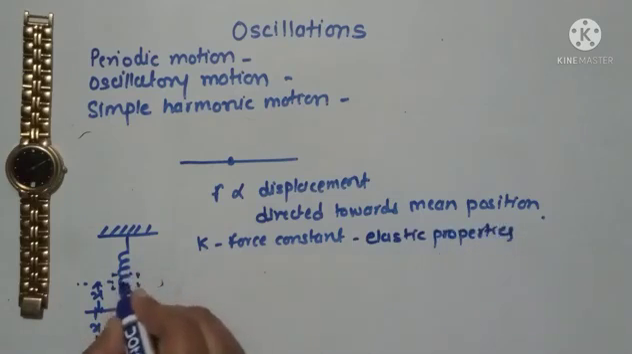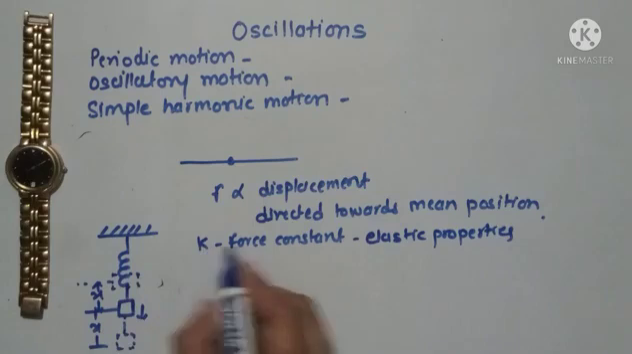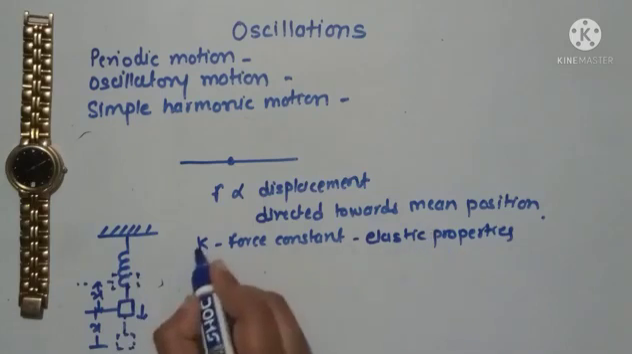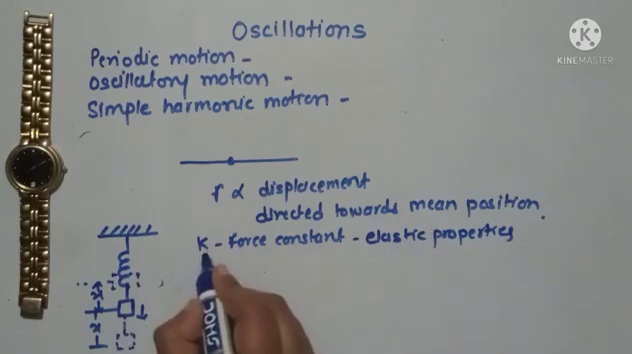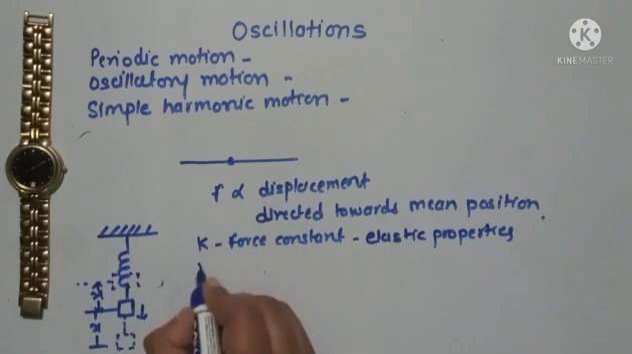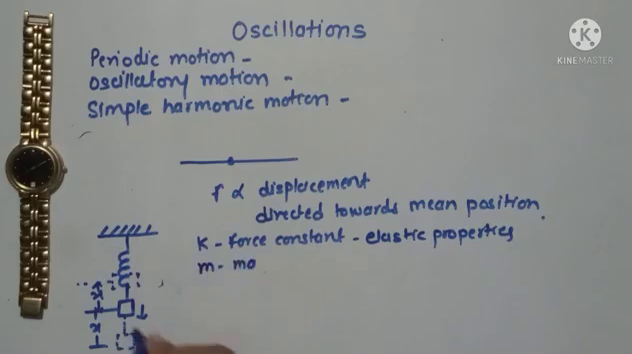Properties of the material of the spring. So as the elastic properties are more, the force constant will be more. The more elastic the material, the more will be the force constant. Let m be the mass of the object attached to the spring,